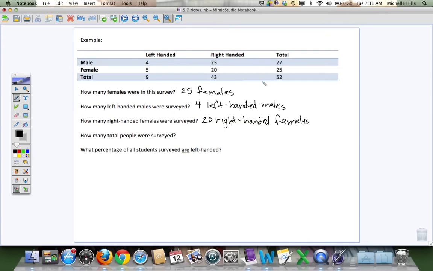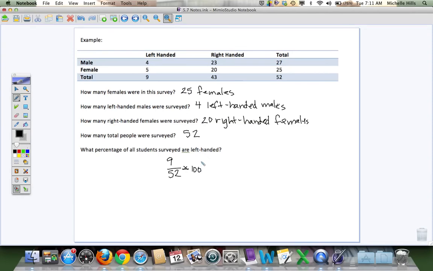How many total people? Well, the total number of people is 52. And what percentage of all student surveys are left-handed? So a percentage of all students, so it's out of 52 students. And how many of those are left-handed? 9. To change this into a percentage, 9 divided by 52 and then times 100 to move the decimal place